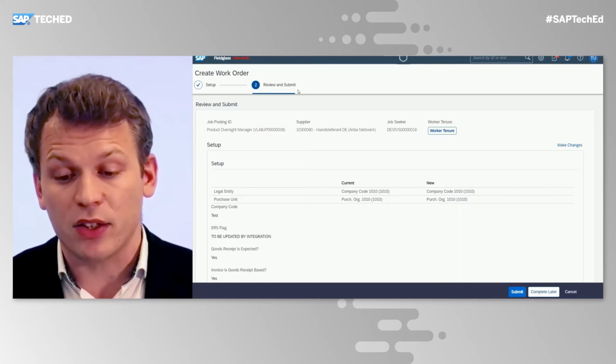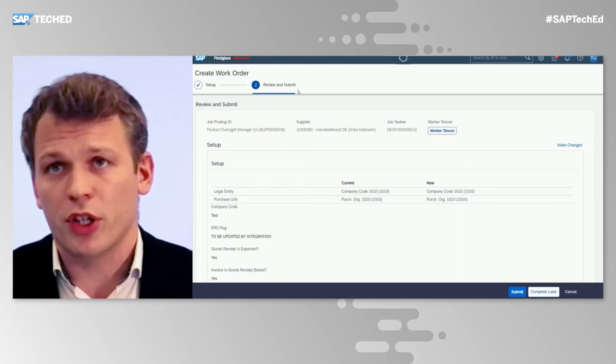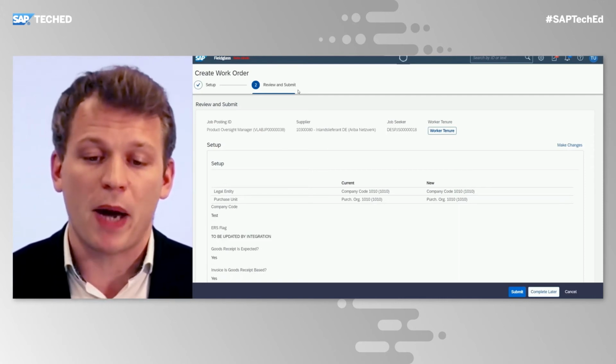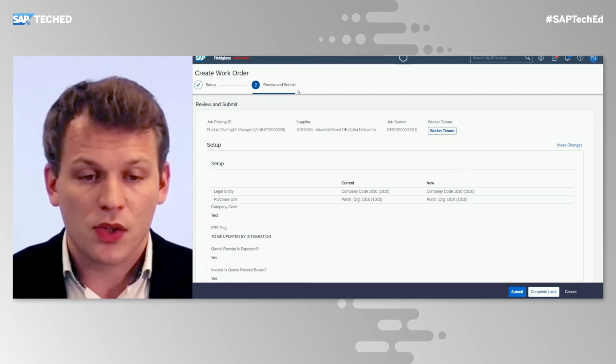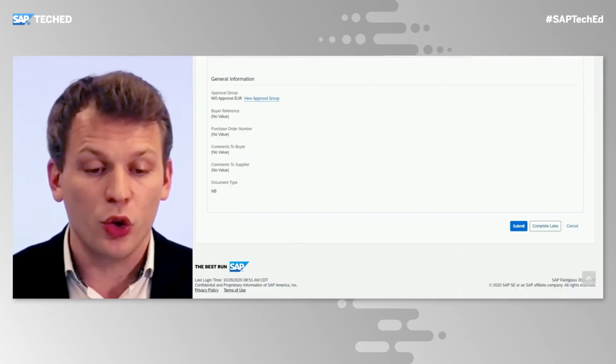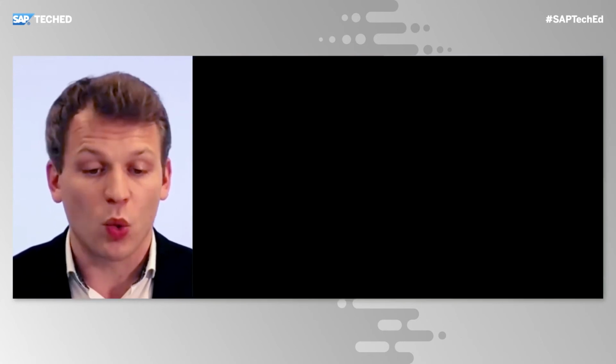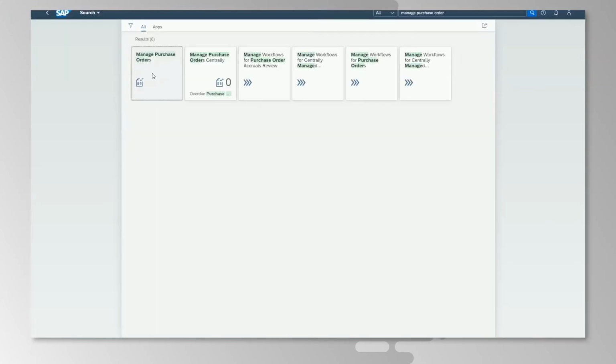Now, once we have selected the right candidate, we also need to negotiate with the supplier what the statement of work is and what we expect out of this engagement. So therefore, I create a work order with that supplier that includes all the legal details to get the work started. So I submit this, and once the work order is completed,